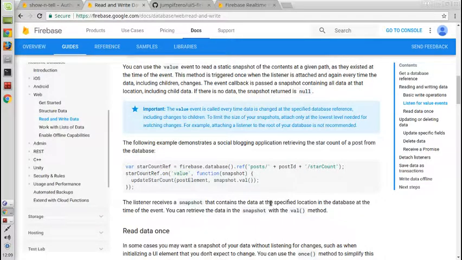Okay, so just by doing this, whenever someone increments or decrements the star count in the same node, all the other clients that call this will get notified, and this function will get called by the Firebase library or runtime. Okay, so this is cool. This is very easy to use,